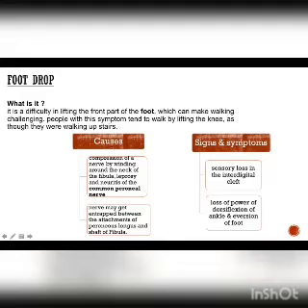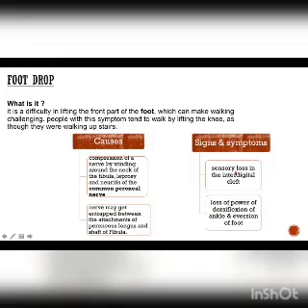What causes foot drop? We see compression of a nerve by binding around the neck of the fibula, which is the common peroneal nerve. Foot drop is also a very common symptom in leprosy. Also, nerves may get entrapped between the attachments of peroneus longus and the shaft of the fibula. Looking at the signs and symptoms, foot drop is caused by lesions or neuritis of the common peroneal nerve.